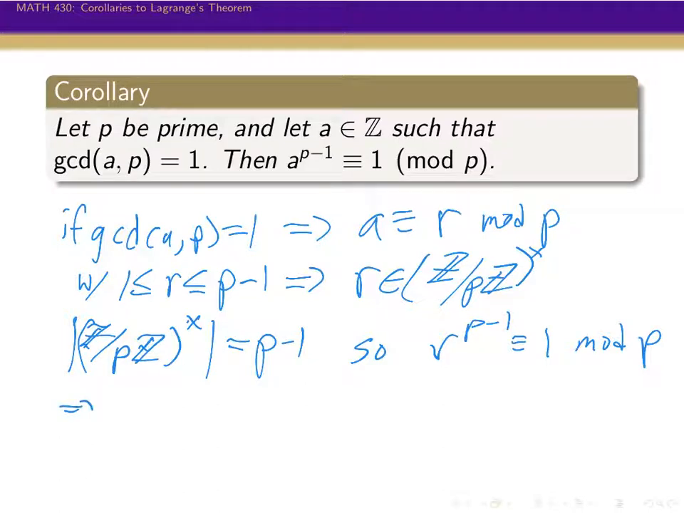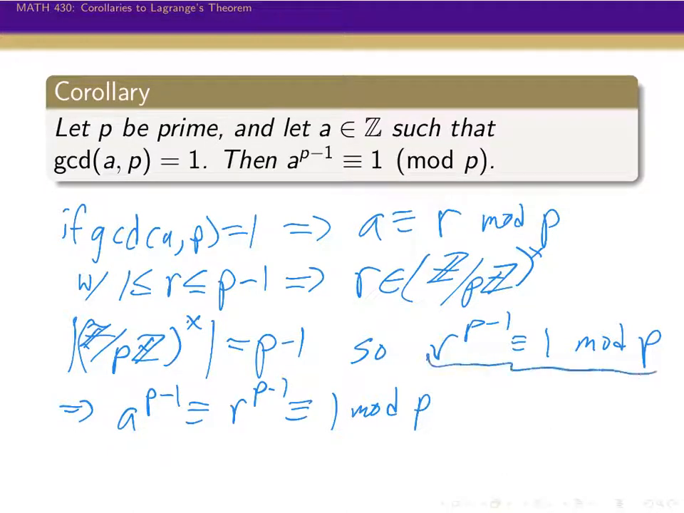And A to the P minus 1 is congruent to R to the P minus 1, which is congruent to 1 mod P. Okay. And again, this right here, R to the P minus 1 is congruent to 1 mod P, because R to the P minus 1 is the identity in Z mod PZ star,